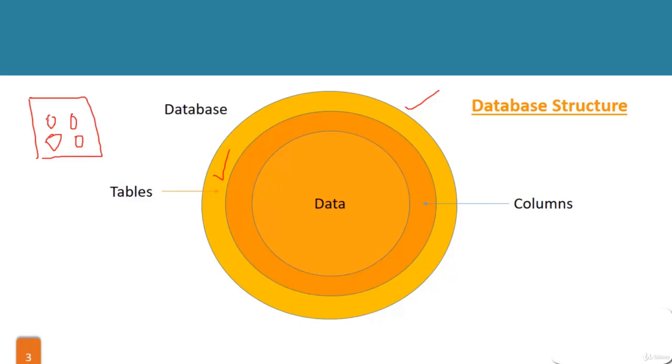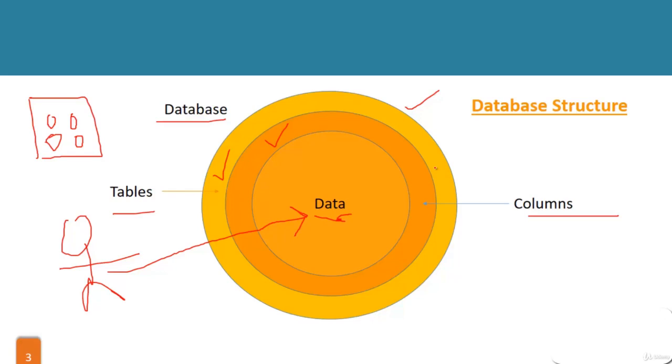Inside tables we have columns. So inside each and every table we have columns. For example, if student is a table name, then in student I can have the student name, student roll number, right? So these are called columns, and columns are inside tables. So this shell is called columns. The outer shell of columns is called table, and the outer shell of table is called database. The innermost shell of the database is called data, and this is the need. Basically, if an attacker tries to attack the database, actually he needs the data,